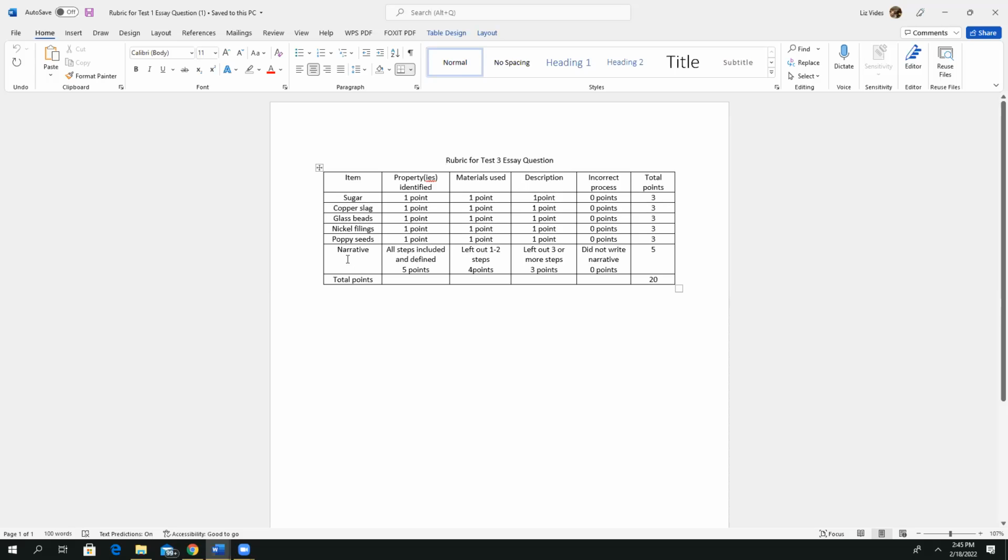And then there's a narrative that you have to write. All steps are included and defined. Left out 1 or 2 steps. Left out 3 or more, or they're wrong, or did not write a narrative. That is no points. So you can get up to 15 points by doing just a separation, and then 5 more if you do the narrative. The narrative is best because